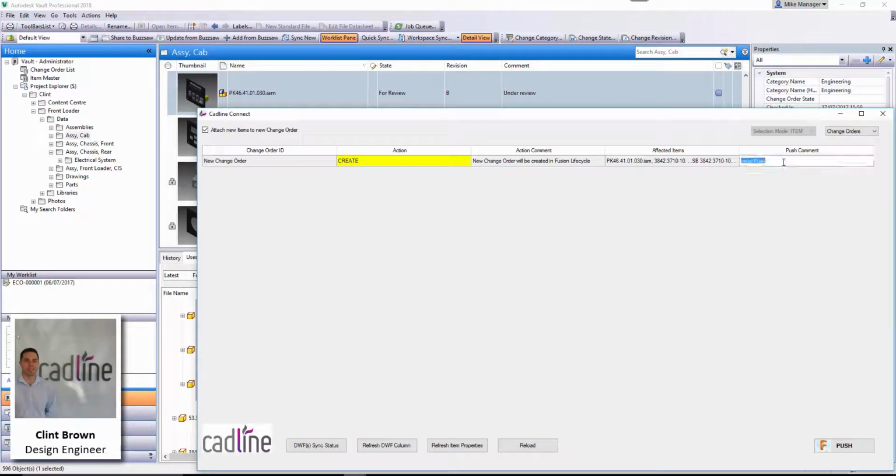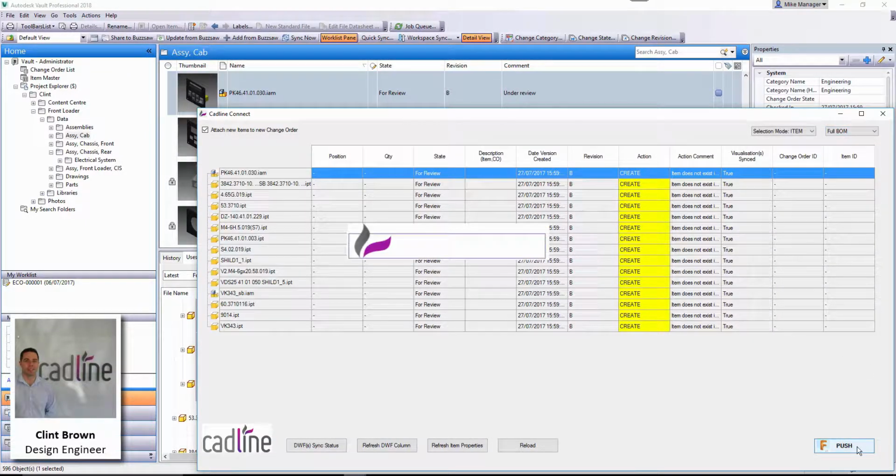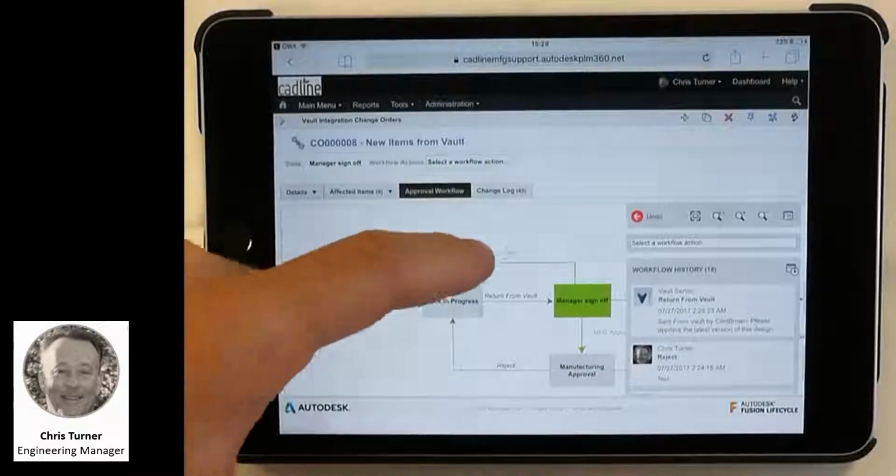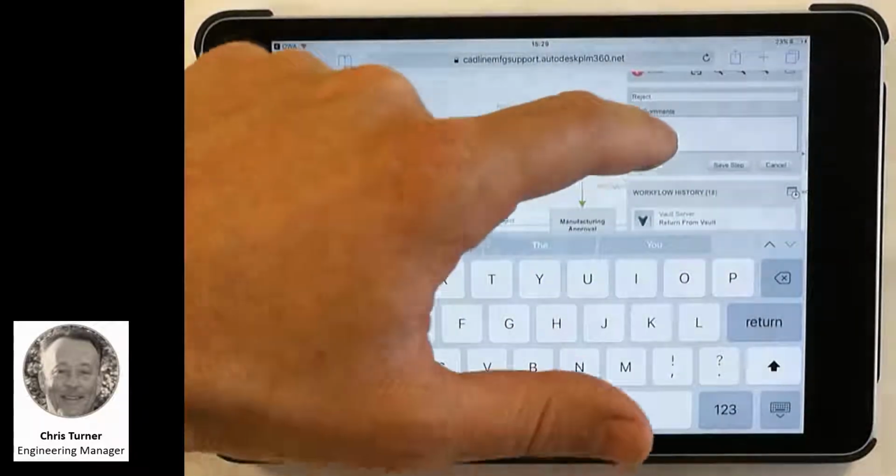Our design engineer, Clint Brown, is busy entering a comment into his latest version of his file in Vault, asking his manager to approve the latest version, and is syncing the data up to the cloud. His manager, Chris Turner, receives an email and goes into an approval workflow, and in this instance he's going to